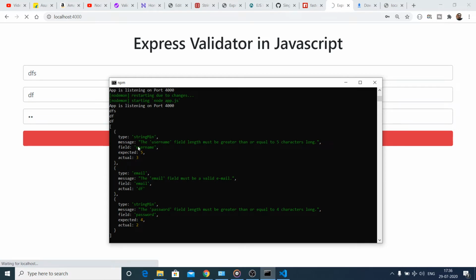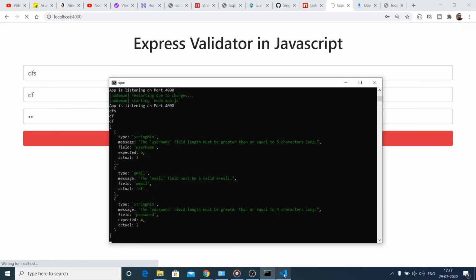These are the errors I am getting. The username field must be greater than or equal to 5 characters long. This is the username field. This is email: the email field must be a valid email. So these are the errors coming inside this JSON object. And for the password, the field length must be greater than or equal to 4 characters long. So we are getting all the errors, guys.